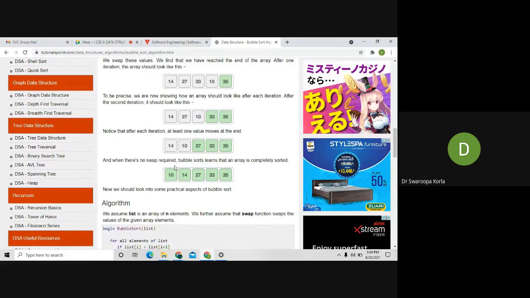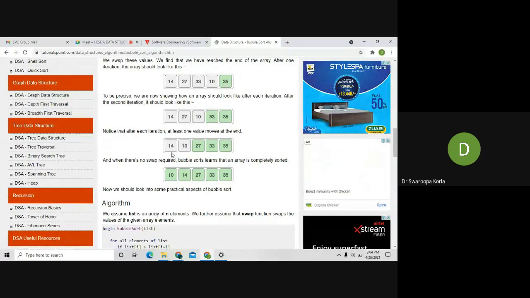Now compare 10 with 14. So 14 is bigger than 10, so now swap the 10 and 14. How to swap, madam? In the coding you'll write list of 1 with list of 0. That is only swapping now. So 14 will move to the 10th position, and 10 will move to the 14th position. Now my order is like this. Okay, that is about the second iteration.